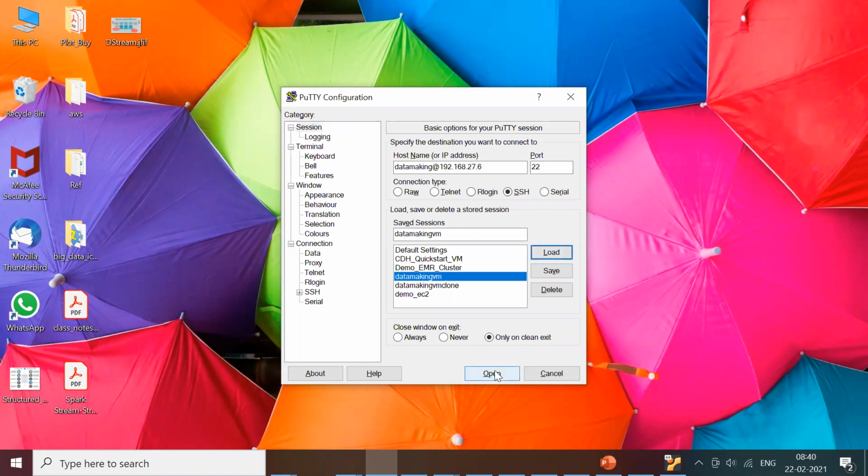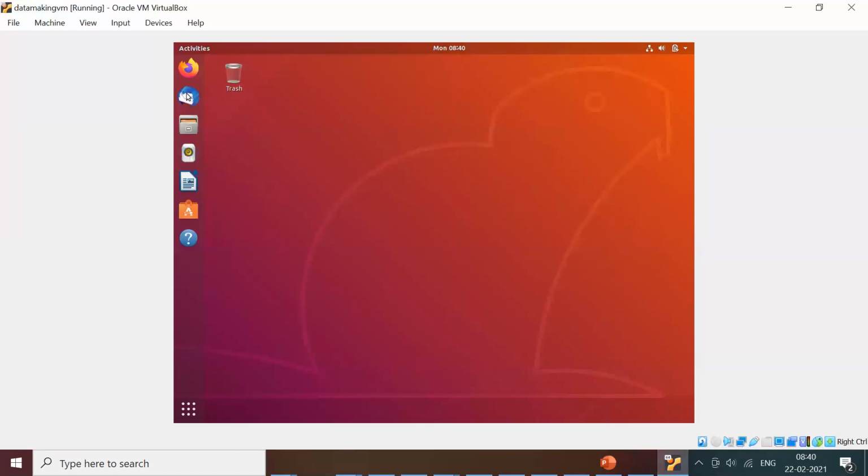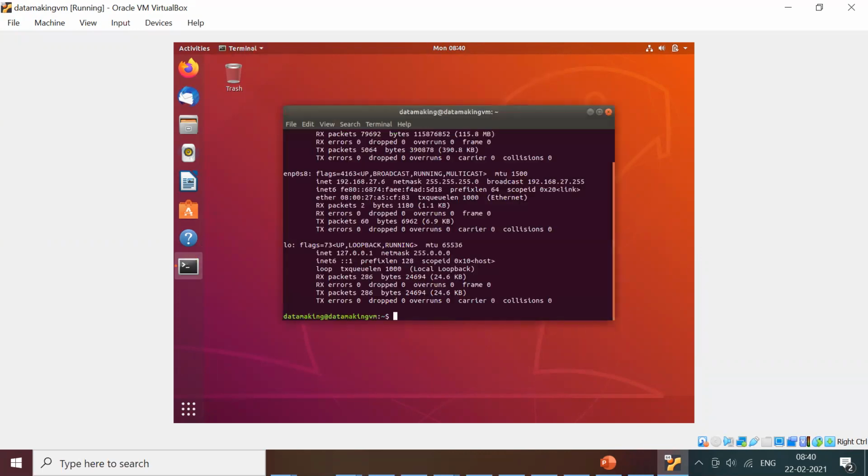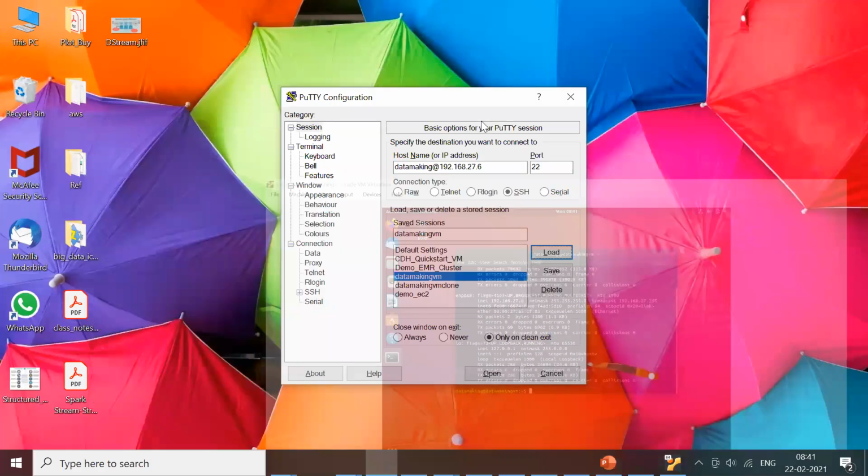Okay, so I'll open this. To connect, my VM would have generated an IP. If you want to check your IP, you can run a command called ifconfig. It generated the IP address 192.168.27.6. Using that IP, I can connect from my local machine.